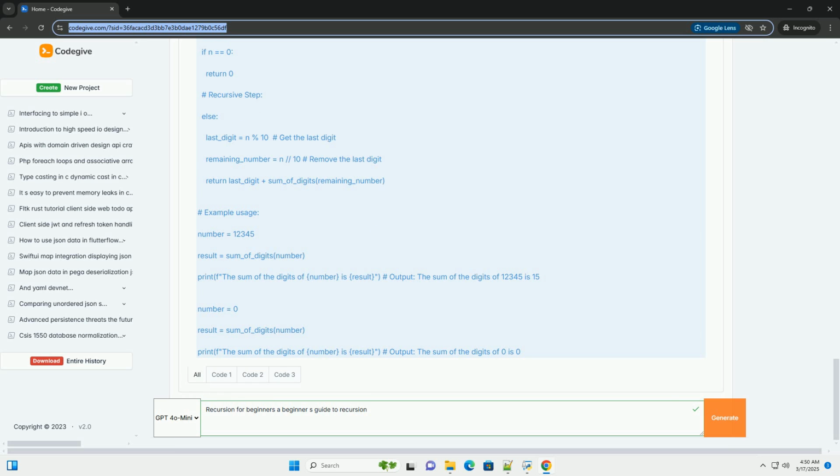6. When to use recursion. Recursion is particularly well suited for problems that can be naturally broken down into smaller, self-similar subproblems. Some common scenarios where recursion is useful include: